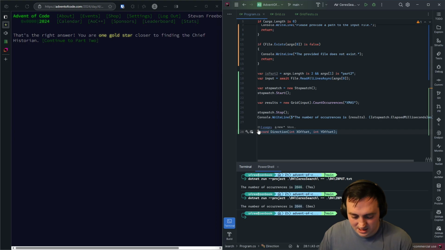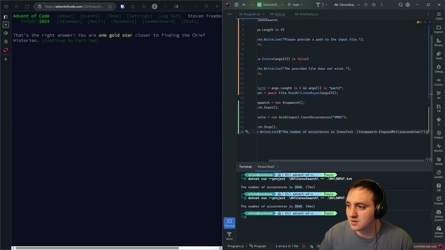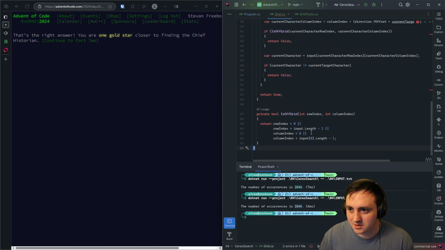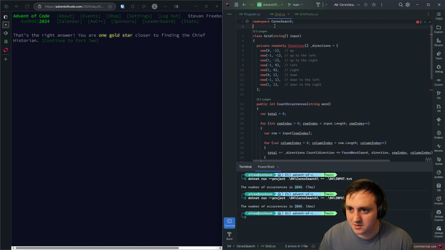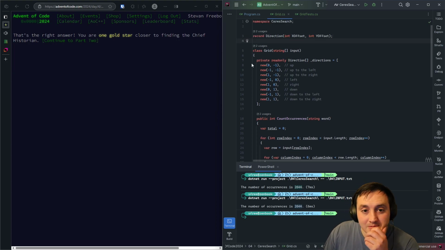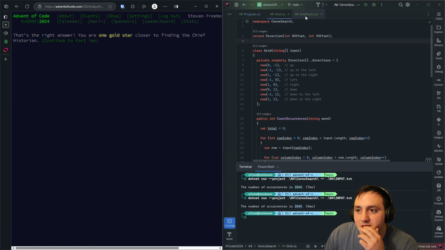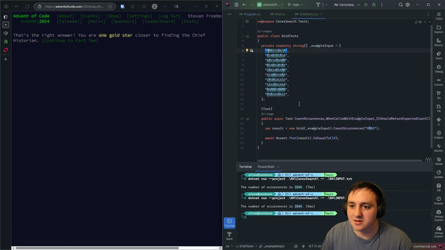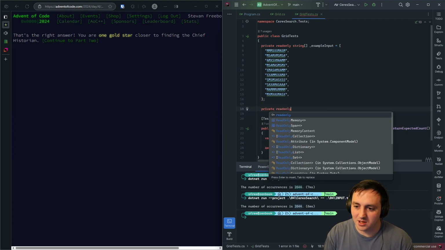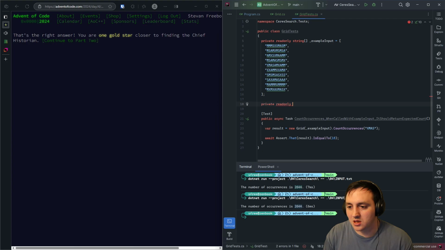And this can actually live in the grid for now. And we're actually going to add a test here. And we're going to say private readonly. Private, no, it can't be readonly. It can just be private async Task